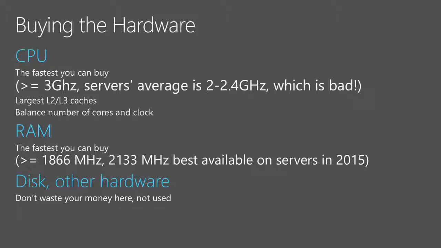But the good news is if you can choose the hardware, you can allocate your budget in a different way. Spend more on CPU, spend more on speed of RAM. Don't look just at the amount of RAM, look at the speed of RAM. Don't spend your money on disk, because disks are not used. When you run a query, there is no I/O at all. There could be I/O during the process. There could be I/O if you page during the process. But fundamentally, you have to keep the entire database in memory. And once it is in memory, there is no I/O. So disk is not important at all. And this means that you can spend much less for the disk.